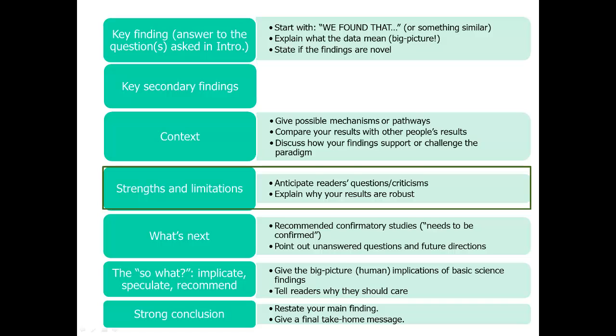No matter what discipline you're in, you're going to have at least one paragraph on limitations. You want to explain why you think your results are robust despite some potential limitations of your study. You know, all studies have limitations. My main recommendation on the limitations paragraph is